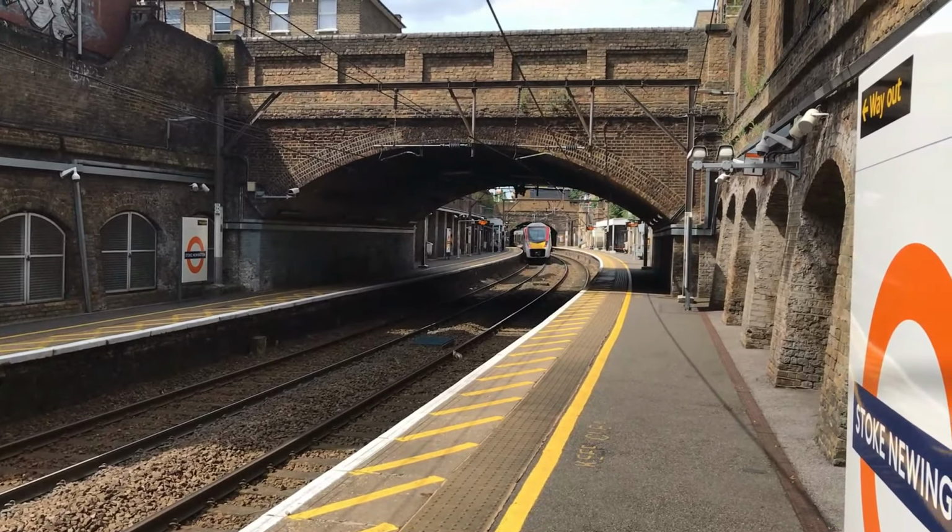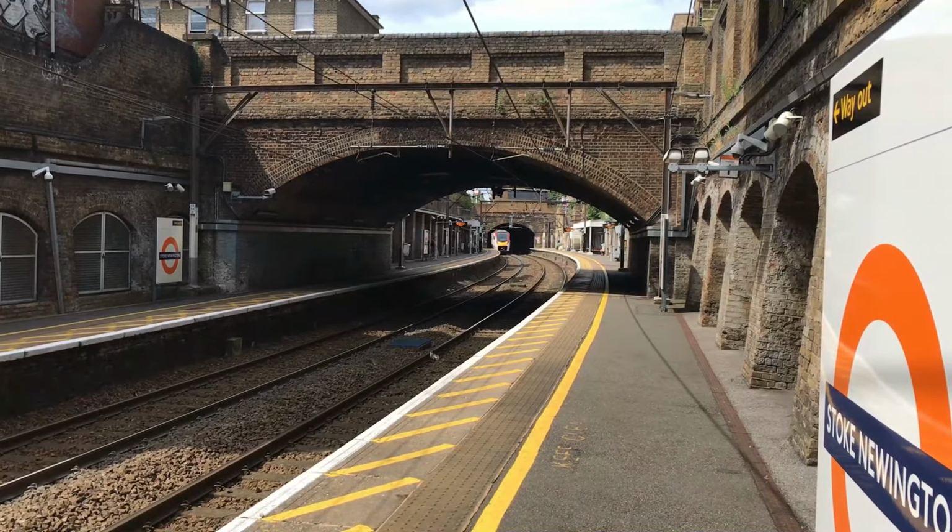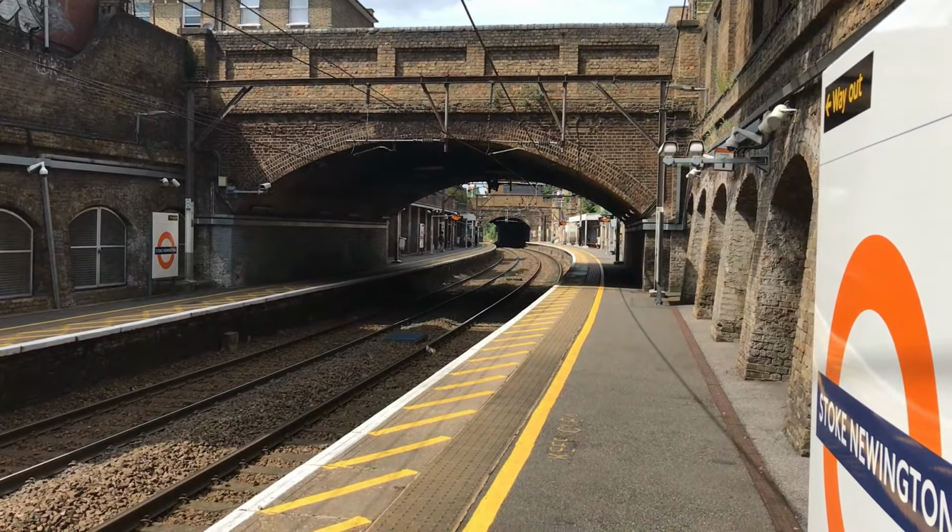The train now approaching platform 1 does not stop here. Please stand well clear of the edge of...